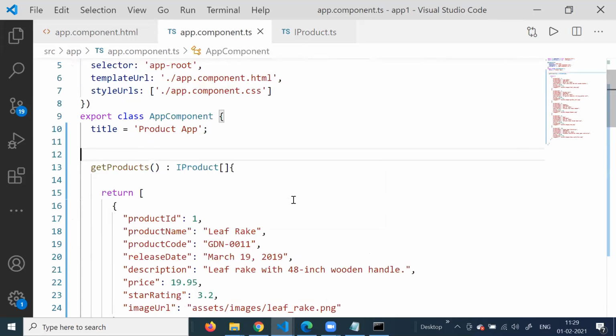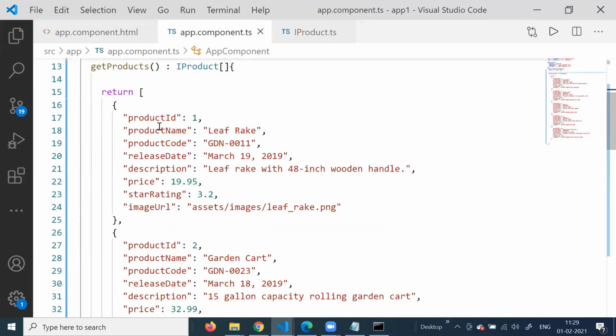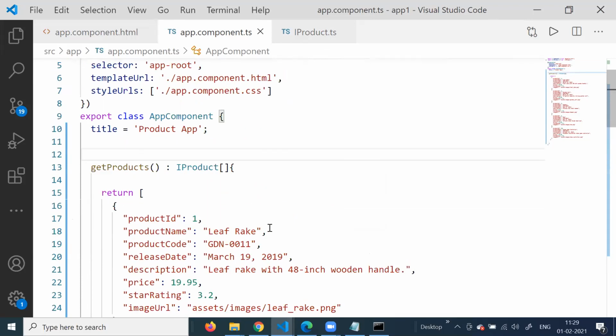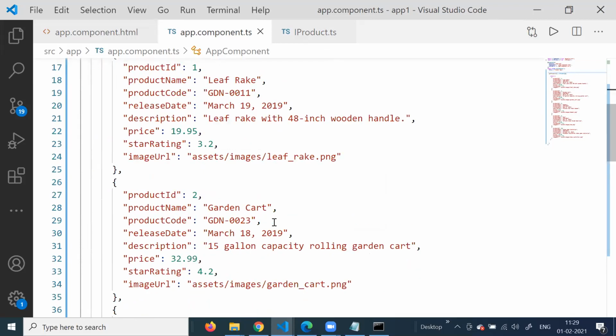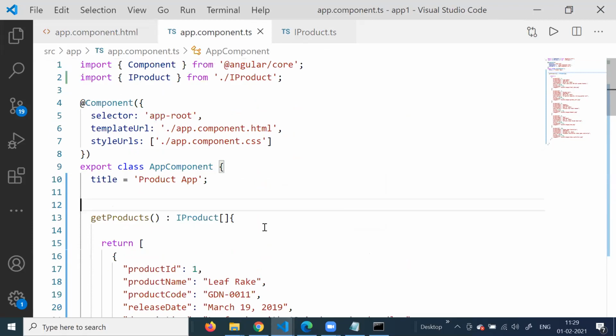So here we have created a function called getProducts, and that function is just returning us a JSON object. Of course, in a real application, that would come from the API. It has product ID, product name, and everything. Next, in the app component there is something called